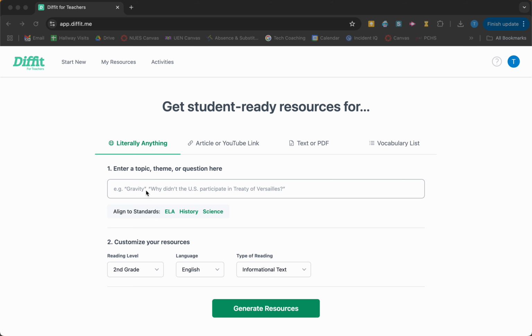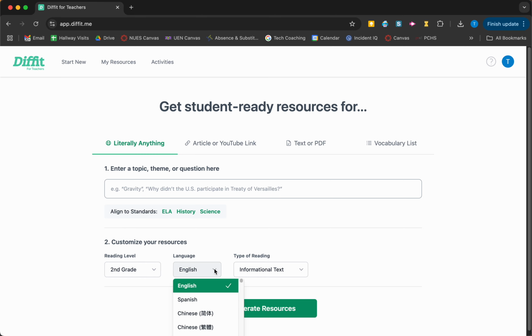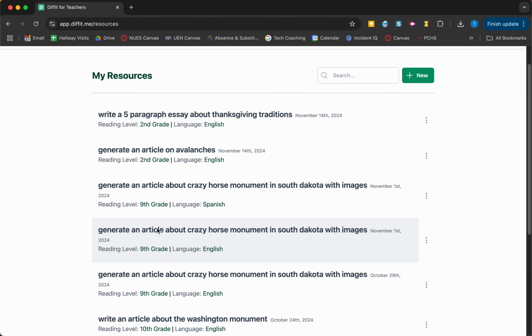First, what you need to do is enter your prompt. As with all AI generators, the better written your prompt is, the better result you will end up with. Cool piece about this is you can adjust the reading level as well as the language, as well as the type of reading. Once you select all of that and you click Generate Resource, it will create an article for